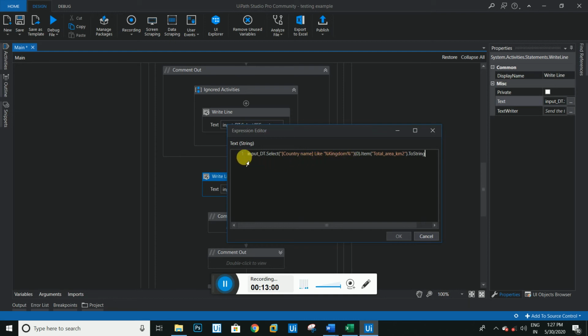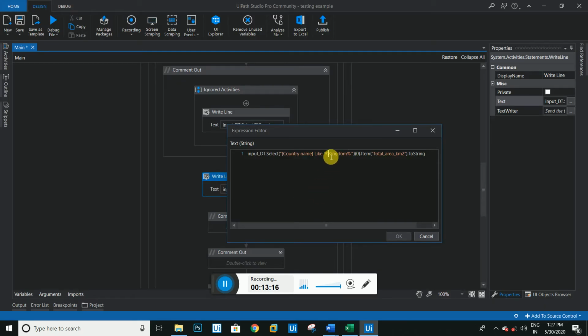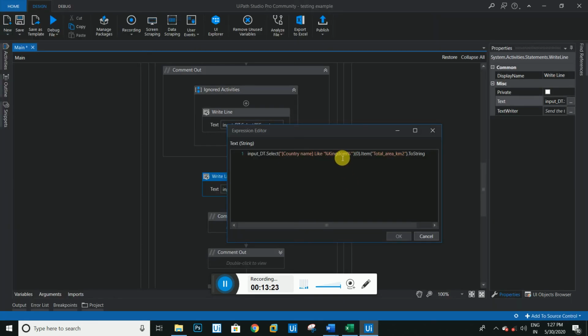So what is the syntax here? It is the data table dot select statement. It's going to the country name, which is a column name, and like finds the kingdom, meaning values that match with kingdom. So here, United Kingdom, we pass a starting and ending percentage sign, because whatever comes before the kingdom and after the kingdom is treated here.